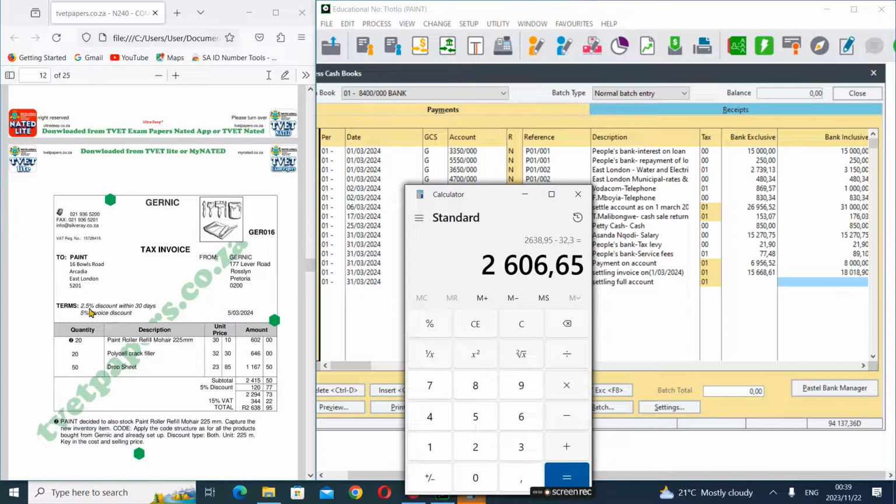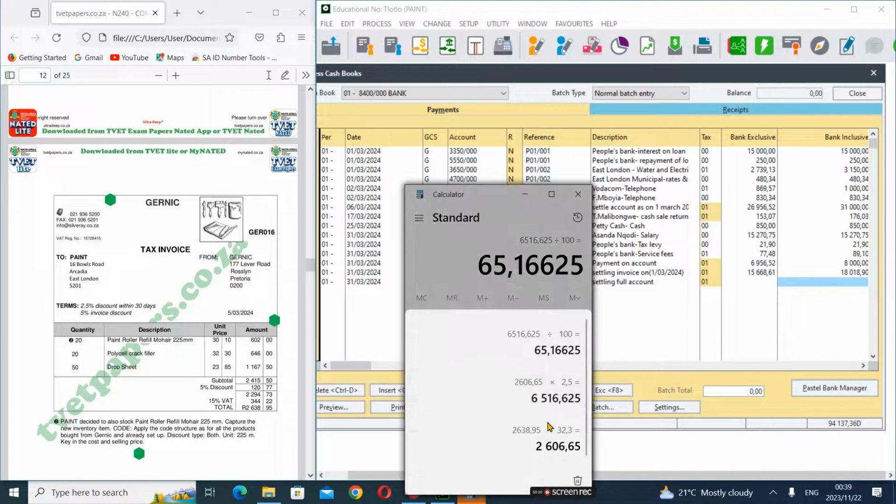Generic, so what are they saying? Generic 2.5% discount within 30 days. So meaning times 2.5% over 100, which is equal to this amount. So we need to minus the 65.17. Where do we need to minus that amount? We need to minus it from this amount, which is the 2606.65. Okay, so let me write this amount down somewhere: 2606.65